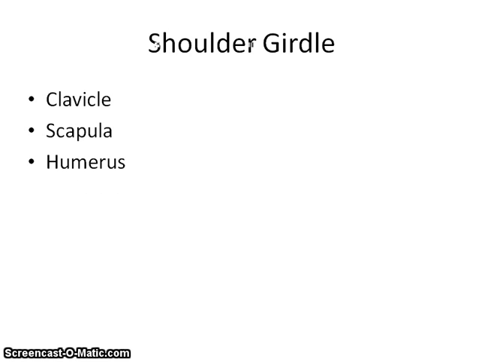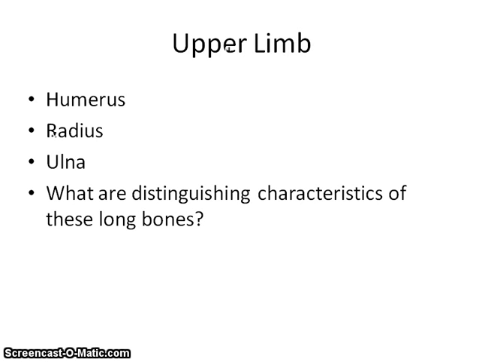All right, moving out towards your shoulder. There's 3 bones that make up the shoulder joint: the clavicle, scapula, and humerus. Moving down your arm, we have the humerus, which is connected to the radius and ulna. And one question I would ask you to look into here is, what are some distinguishing characteristics of these long bones? So if I laid these 3 bones out on a table and they weren't connected to anything,